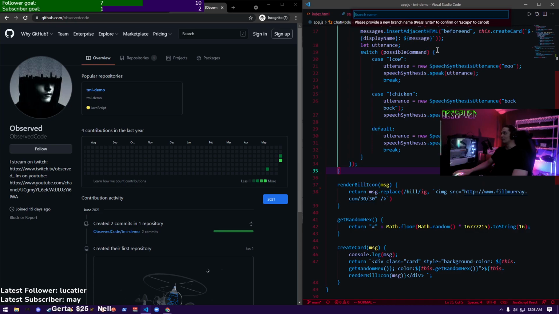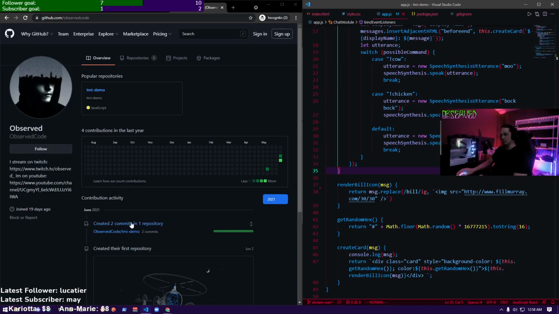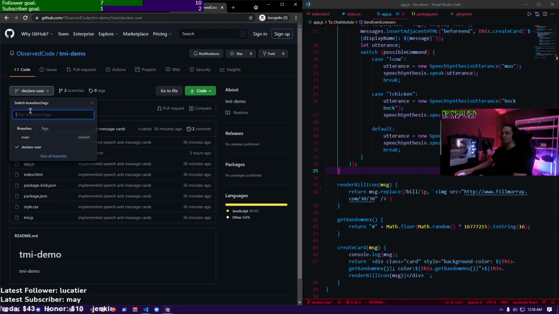And then this branch will be called declare user, right? So now we're on the declare user branch. We'll even push that one up to the repo. Okay, so then if we're in this repository here, we have a declare user branch.